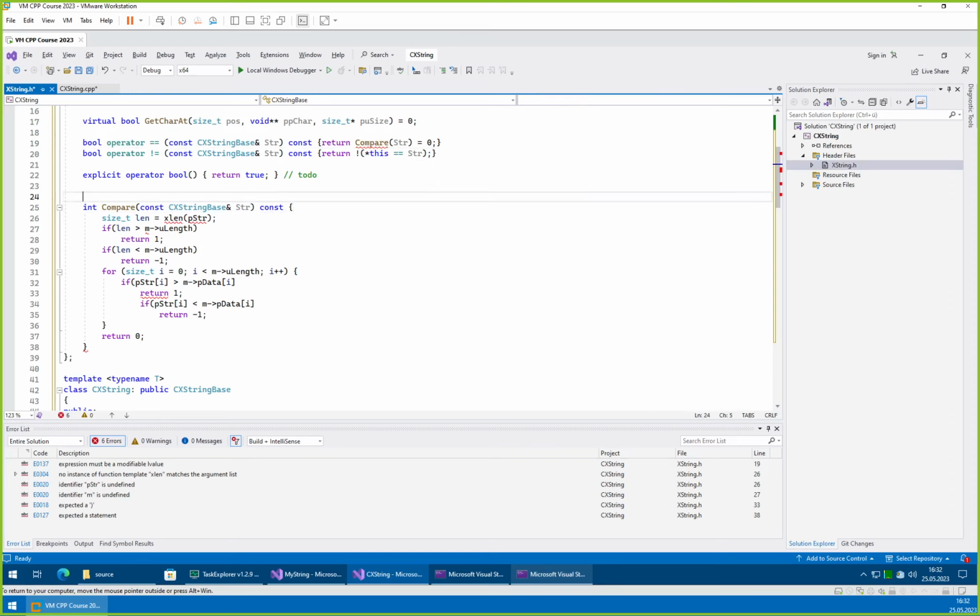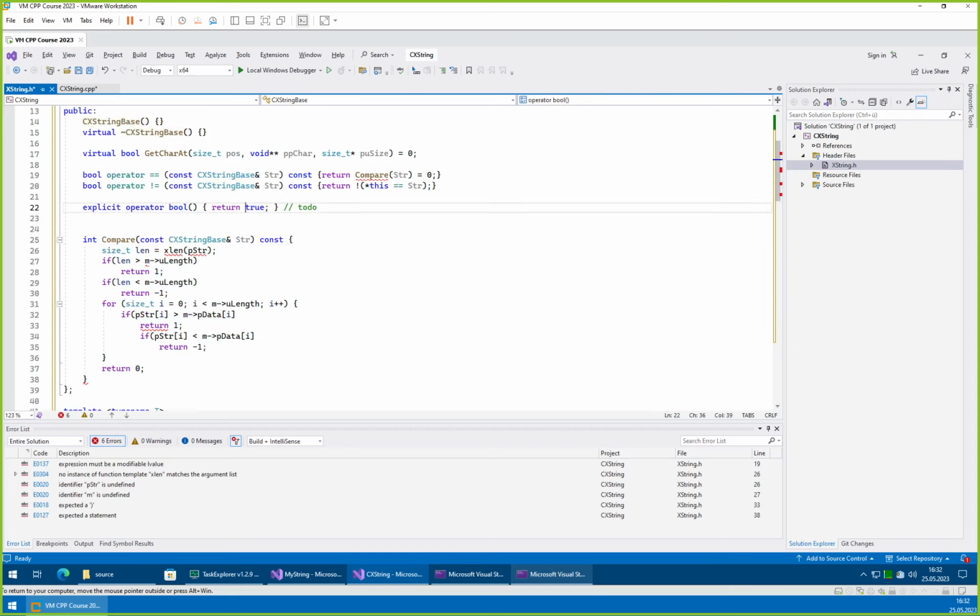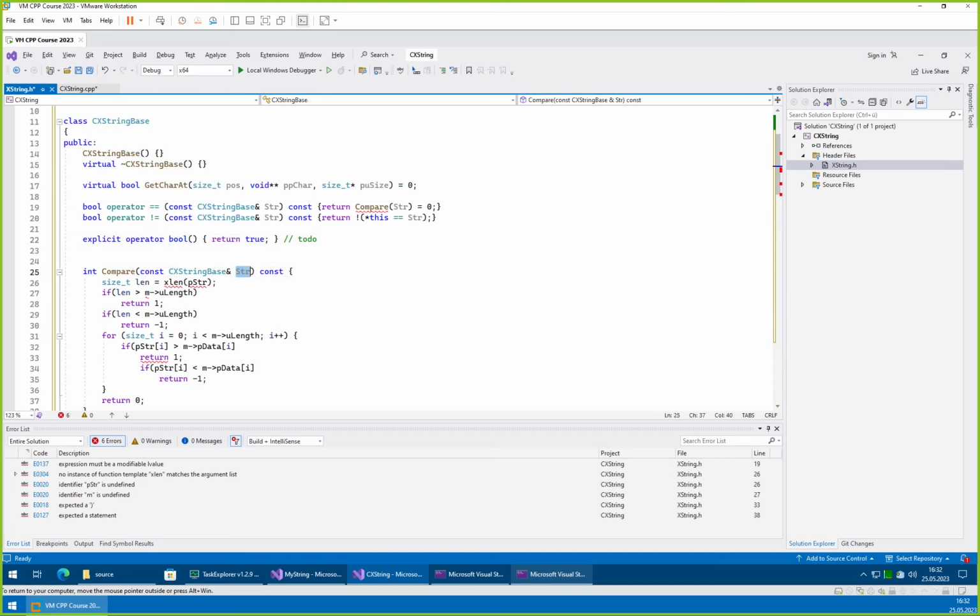Return, no, I think I fixed that. It is just complaining about something else at some point. Let's just copy const string base const. That should be fine now. We'll just ignore the error and then continue later. So since we have a C string, we can just access its